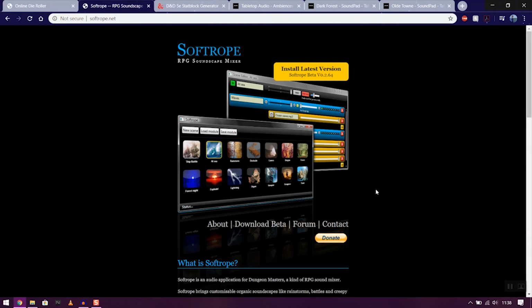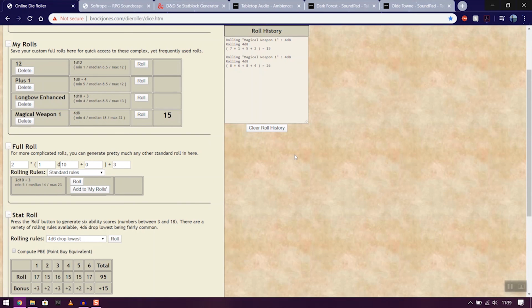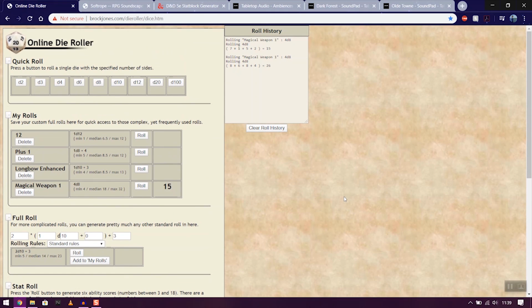I always have Softrope up because it allows you to easily access music without having multiple programs up, without having YouTube pages up, without having problems with repeats or adverts popping up. It's just straight up music. It's very low impact on your system, and it's very easy to use. And then the online die roller is just a really handy tool. It will free up your creativity so that you can create unique magical items, unique weapons, unique monsters, and just generally free you up to create more freely when you're designing your